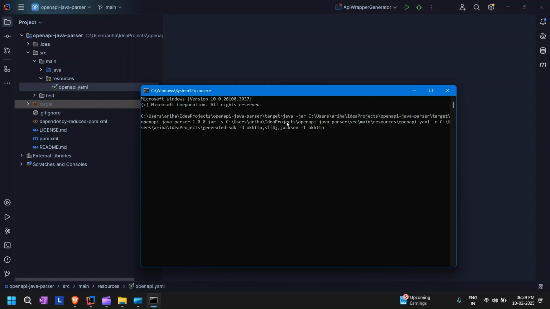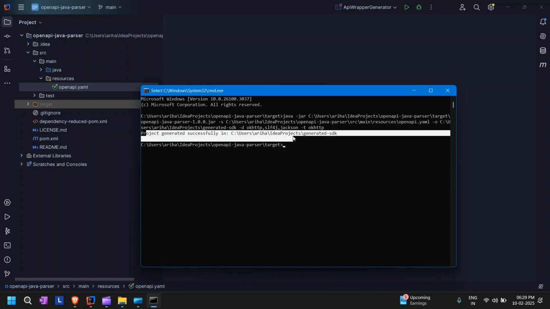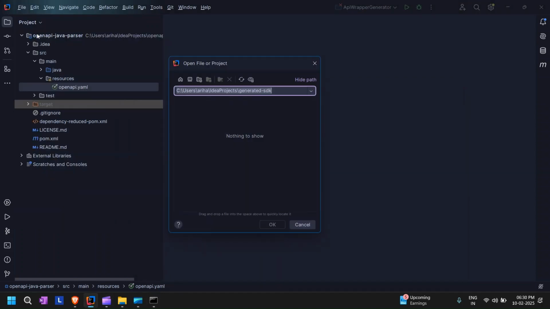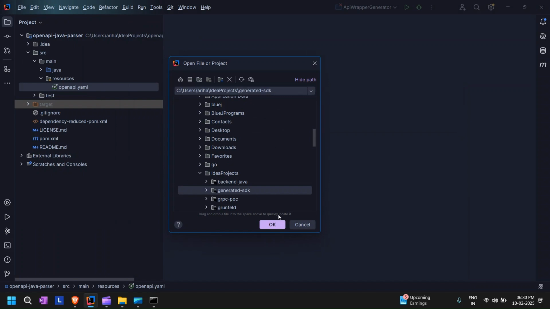So it's like the library that I'm going to use to send the request is going to use OKHTTP. So once I hit enter, this generates the project successfully in this directory. Given this directory does not exist, it can actually create one directory for you as well. So if I can see, I have the generated SDK here,